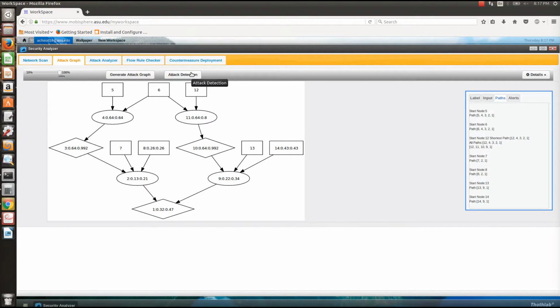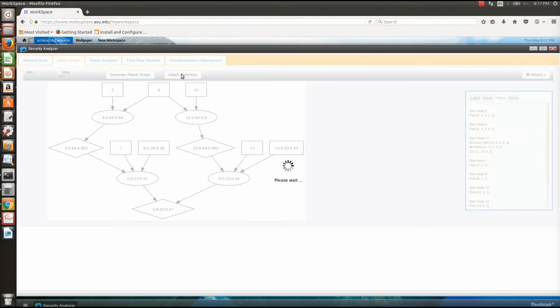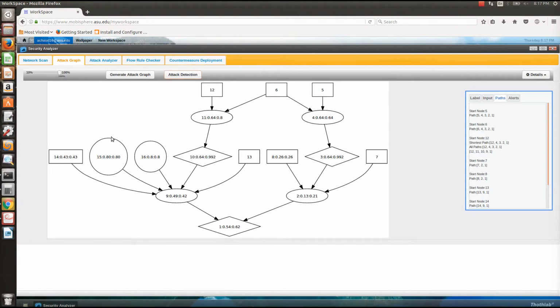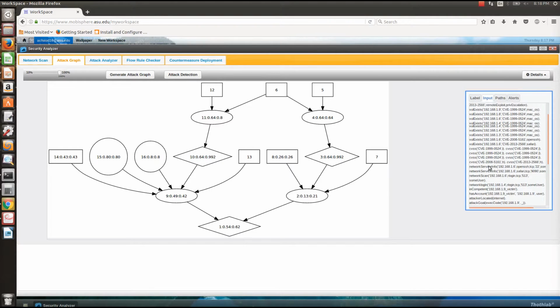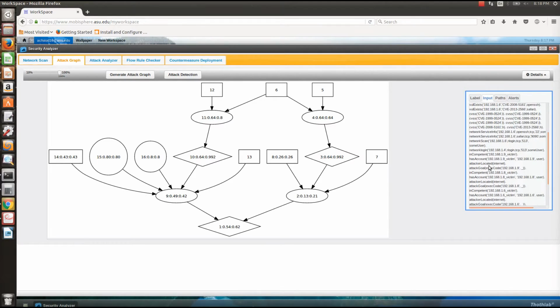We can also have dynamic alerts for this attack graph, which include the network IDS information. If I generate a graph with dynamic alerts, the circular nodes indicate the intrusion events that we got from the network IDS. Somebody tried to do a scan and privilege escalation on a vulnerability that was present on a certain port. This shows there was an open port and somebody tried to perform a privilege escalation, as you can observe from the vulnerability information.